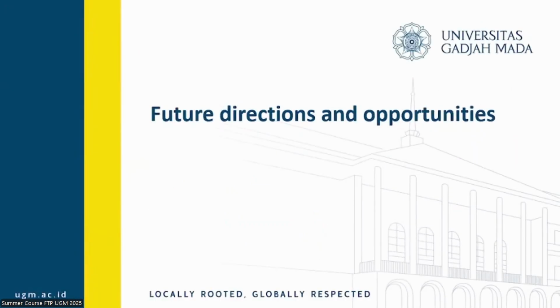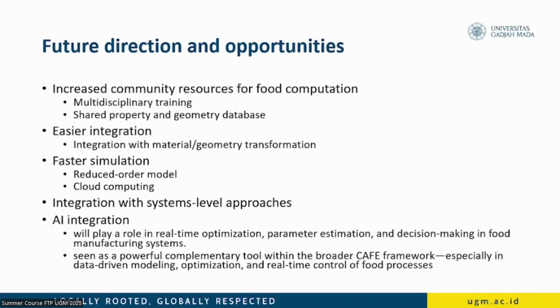Future directions and opportunities of the computer-aided food engineering: increase community resources for food computations. And multidisciplinary training, because this is quite, now is still rare, the expertise in this area. And share properties and geometry database. This is what another university does with the shared properties and geometry database that can be used for